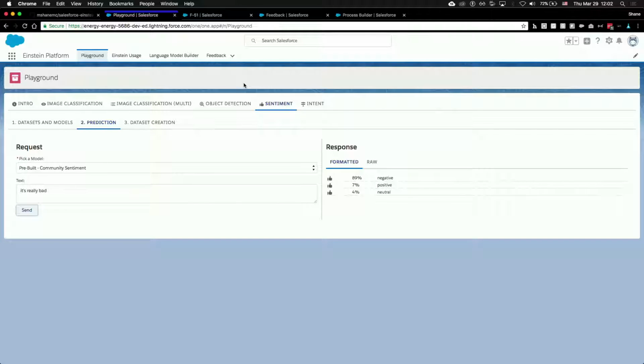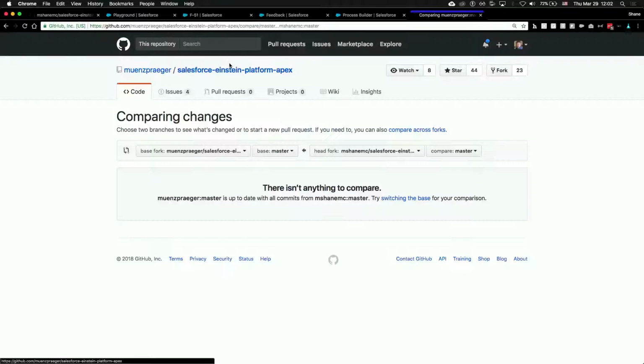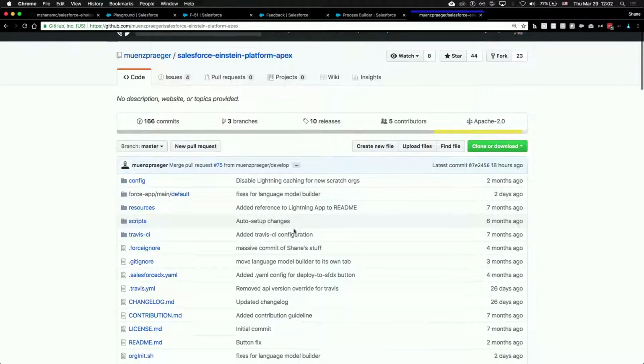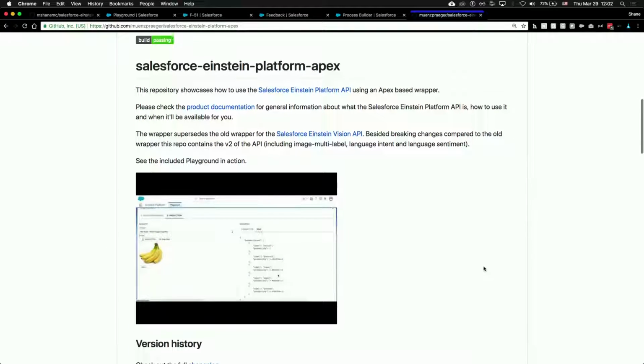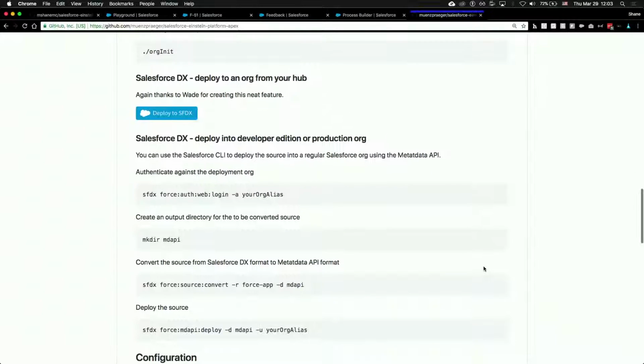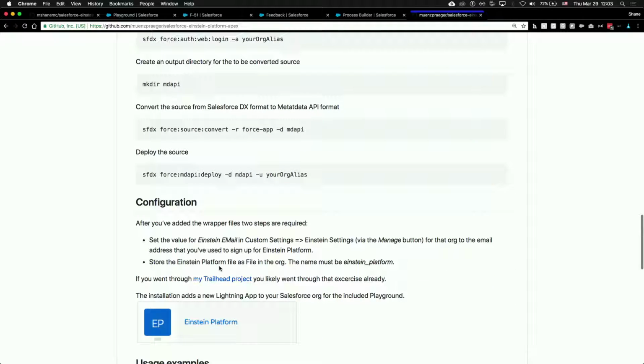All right, and then the last thing I'm going to show you is where all this lives. Not my fork. So this is Renee Winkelmeyer. This is our joint GitHub project. It's got pretty decent instruction guides as far as how to set it up. So if you're using SFDX things and you just want to spin it up in a Scratch org or push it into a sandbox that you have, you're able to do all of those things. He walks you through the PEM file and the email setup.